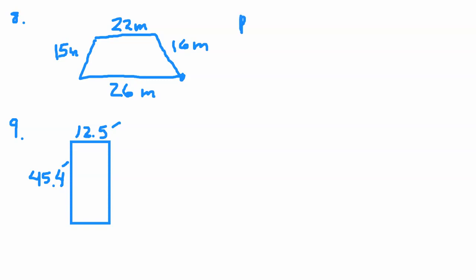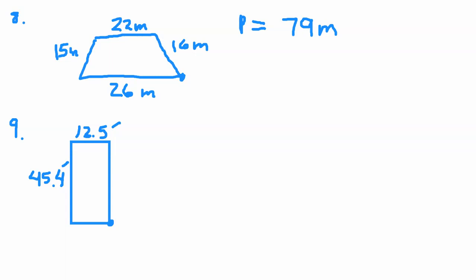So here we have a perimeter of 16 plus 22 plus 15 plus 26. So if we add all of those together, we end up getting 79, and it would be meters to the first because perimeter is one-dimensional. On the rectangle,